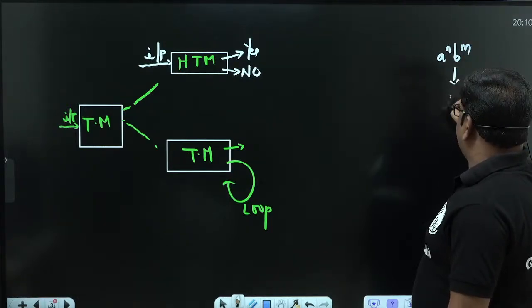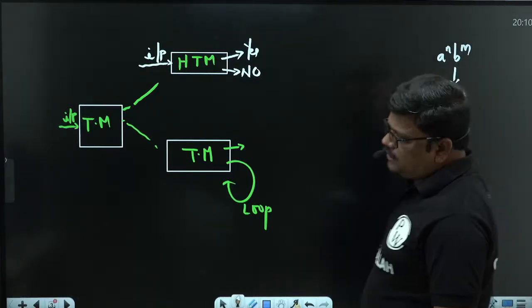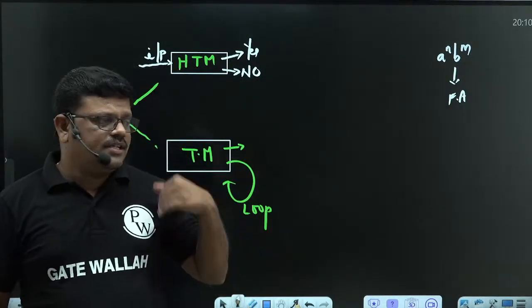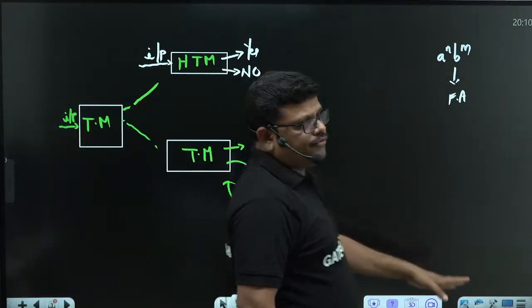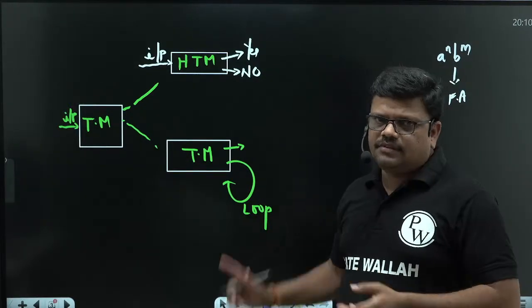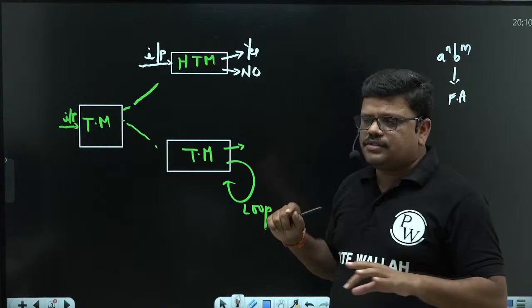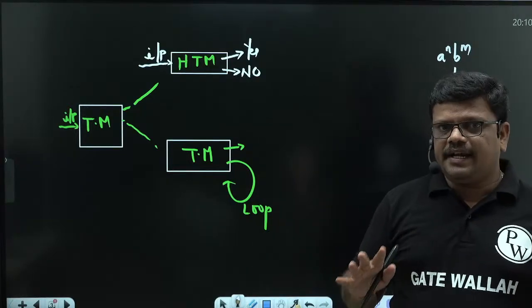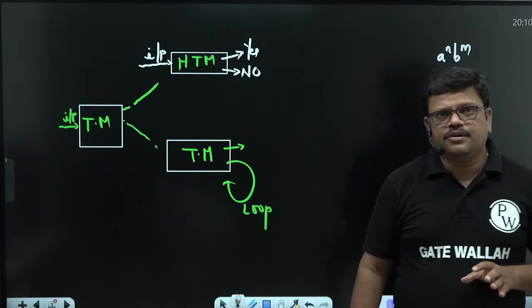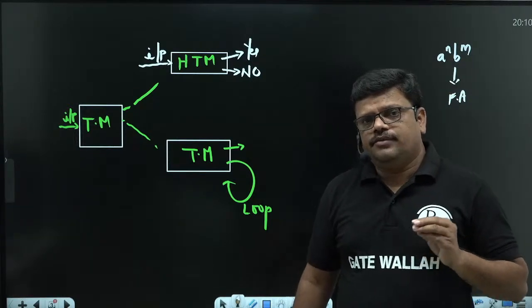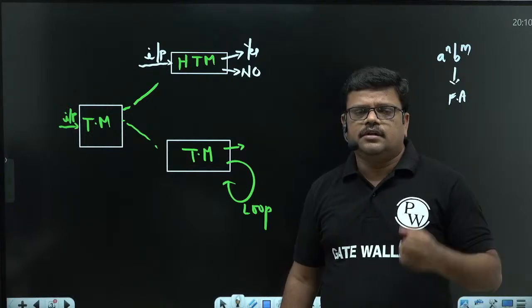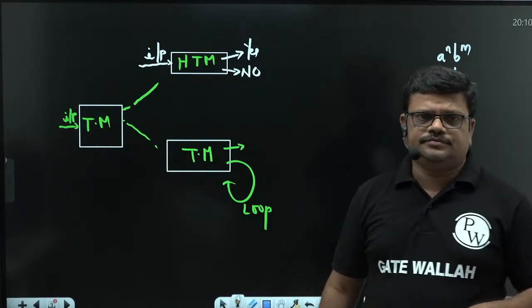The FA we constructed, how will it behave? For all these strings, it will halt in the final state. If I give any string outside of this, it will halt in the non-final state. Definitely halting is there. For valid strings of this language, halting is there, and for invalid strings, halting is there too. That guarantee will be there in the finite automata. The same nature holds in the pushdown automata. Even in the pushdown automata, if I construct a PDA for any language, for valid strings, it will halt, and for invalid strings, it will not halt.